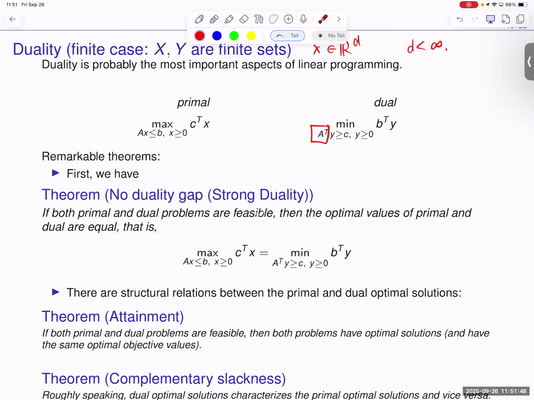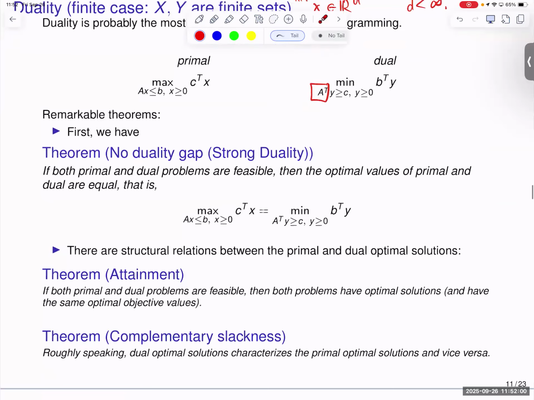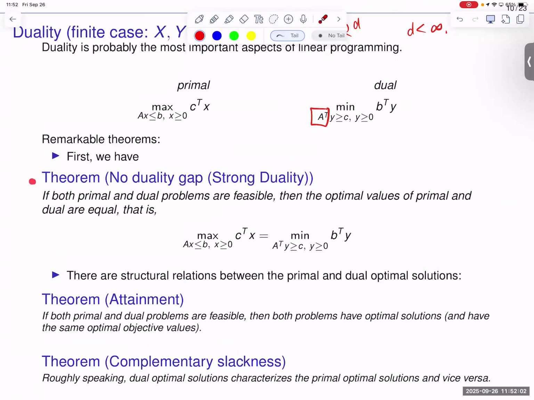I will explain how we come up with such a dual problem. We'll explain that. But before that, first, these three theorems for the relationship between the primal problem and the